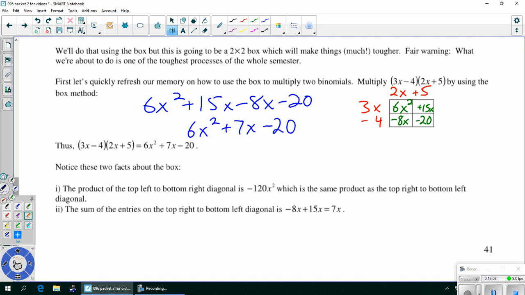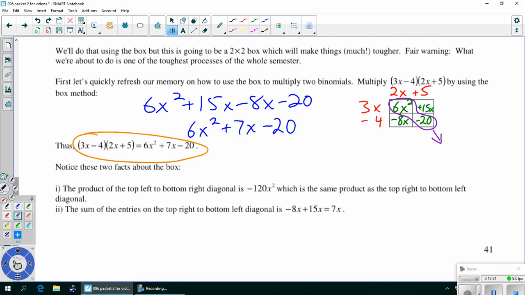So then our final answer is right here. If we distribute through those 2 parentheses, we get 6x squared plus 7x minus 20. Okay, so 2 important facts about the box. Let's multiply these 2 things right here. It's a very strange thing to do, but we'll go ahead and multiply on that diagonal